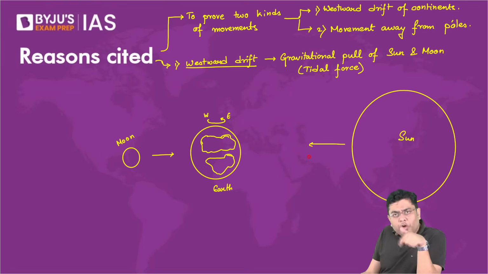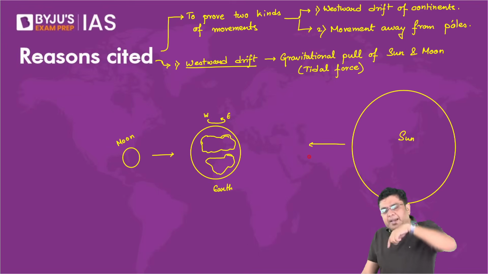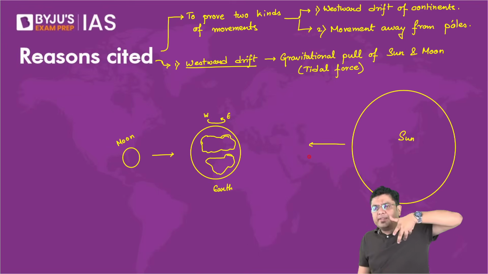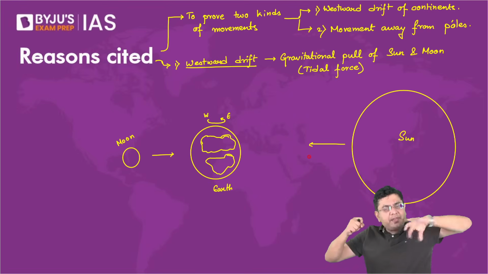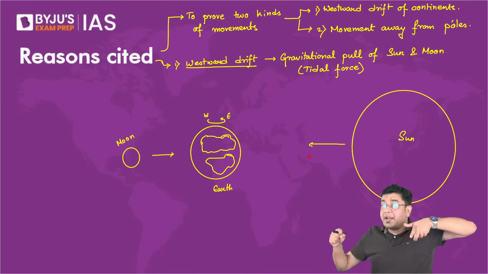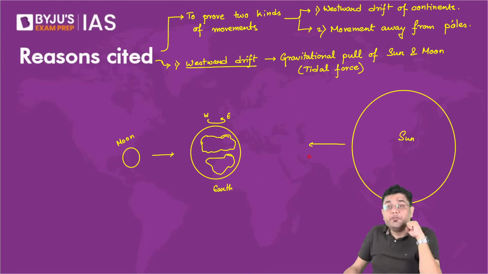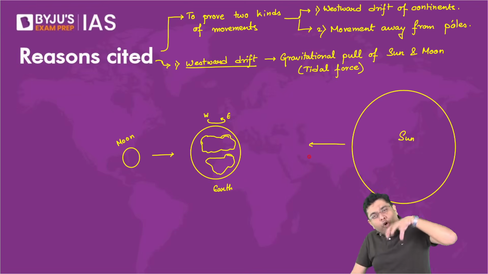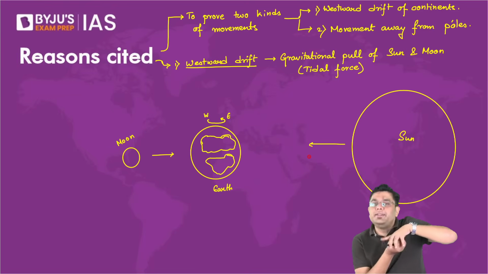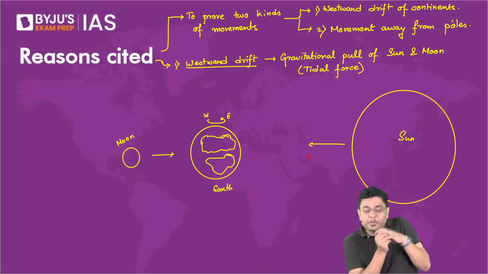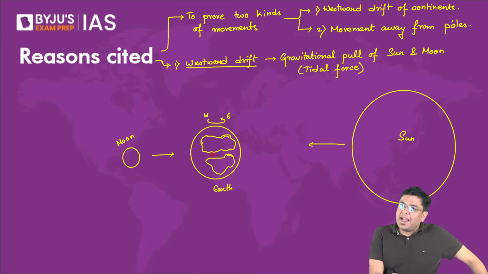So he said that look, the planet was revolving. The planet is rotating continuously along with the land masses. Meanwhile, the moon is exerting that gravitational pull of attraction. Now, that pull is not so strong that it would stop the planet in itself, but it is strong enough that it would hold the land masses in their original position as the planet would rotate underneath them. What is the meaning of that? Suppose you have a planet consisting of these land masses. The moon would hold these land masses in their place as the planet would continue to rotate.